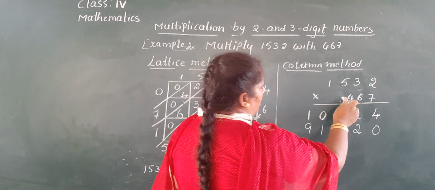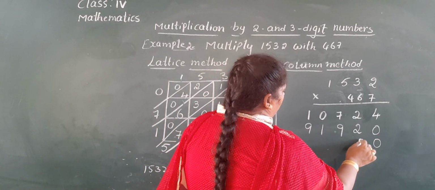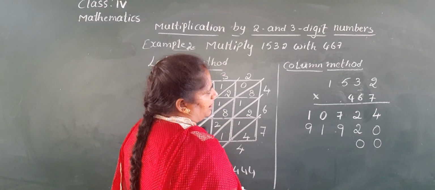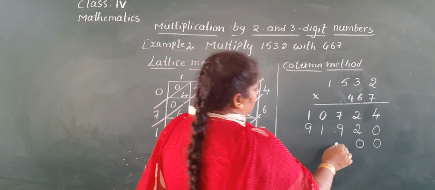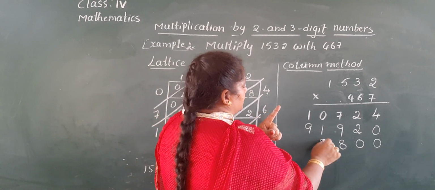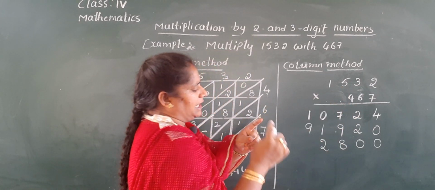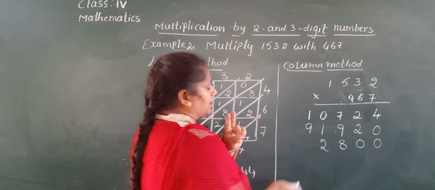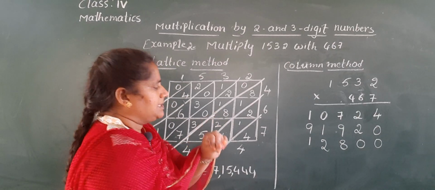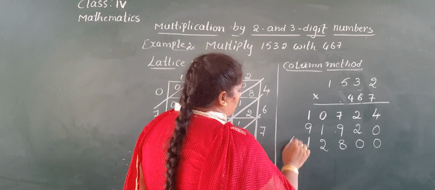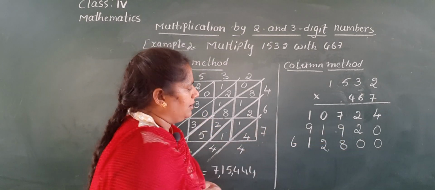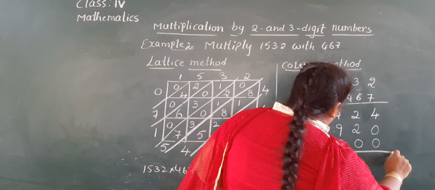Now we start from the hundreds place, so you keep zeros in the ones and tens places. Start from the hundreds place. 4 2s are 8. 4 3s are 12. 1 in hand, 2 is down. 4 5s are 20 plus 1, 21. 2 in hand, 1 is down. 4 1s are 4, 5, 6. So my dear children, you have to arrange the numbers carefully, Nana. Number down number. Later we add all these products.